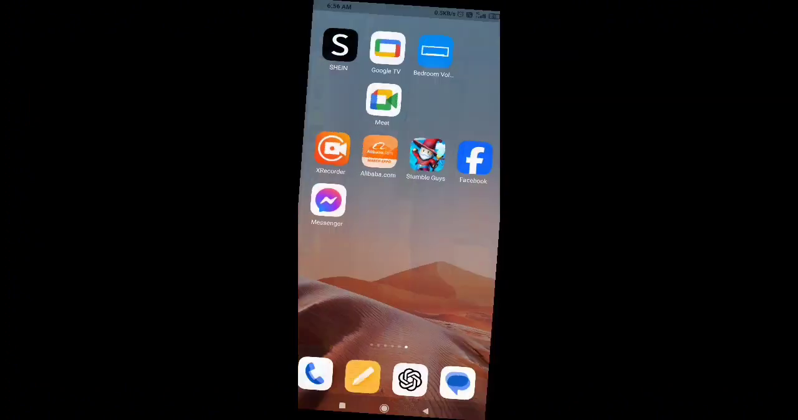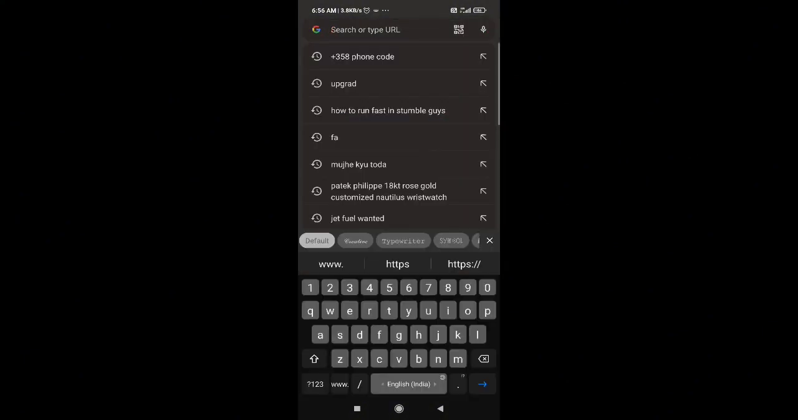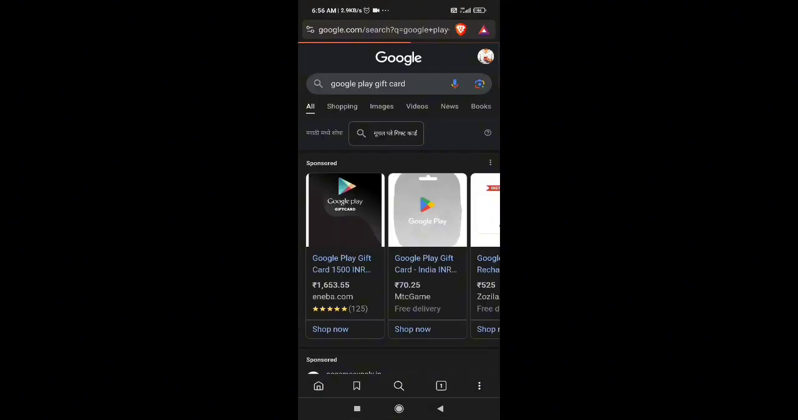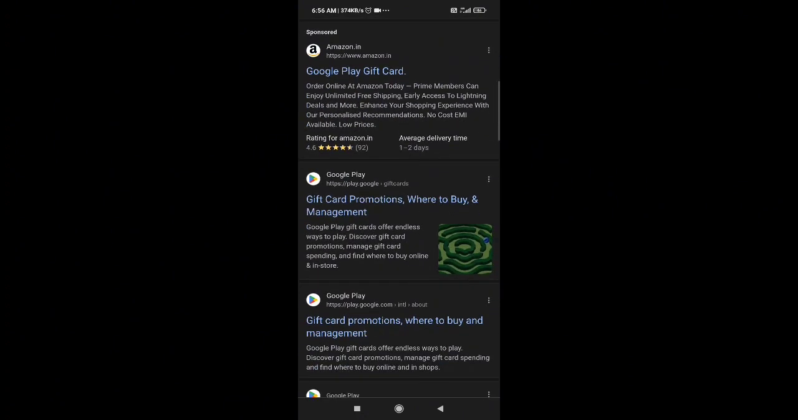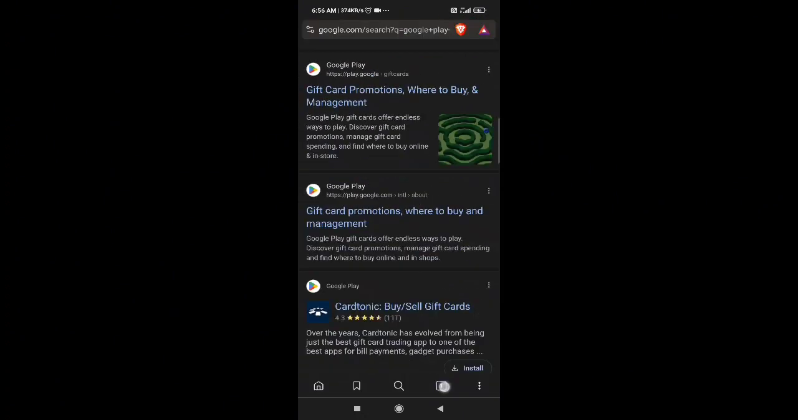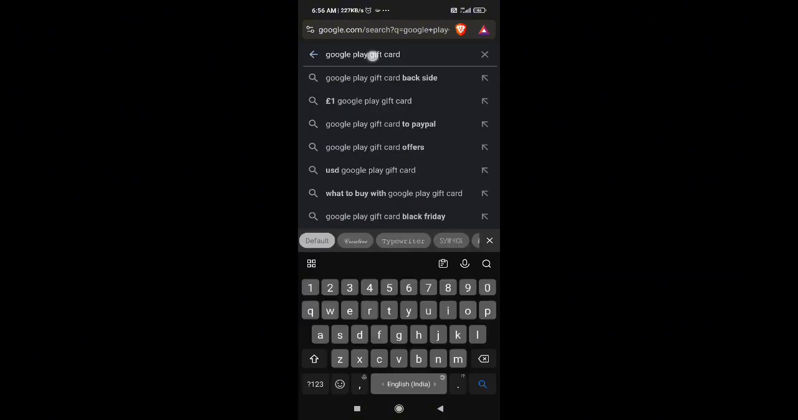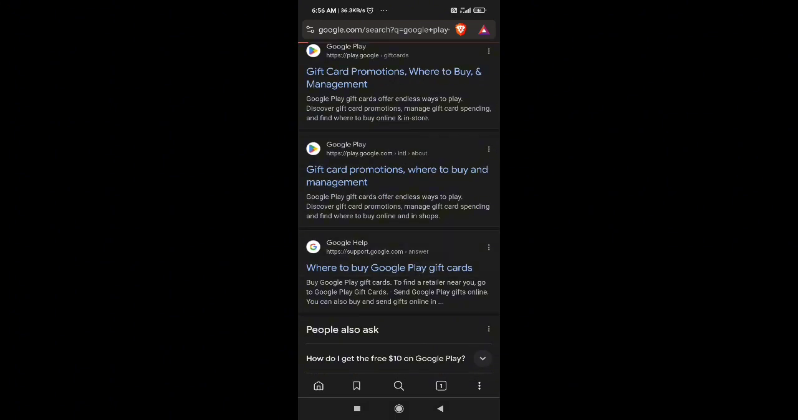Let's go to home, go to your browser, and then simply just type, I will just type Google Play gift card. You can also type Apple Play and go to the verified link, Play Store gift card. So click on this link,